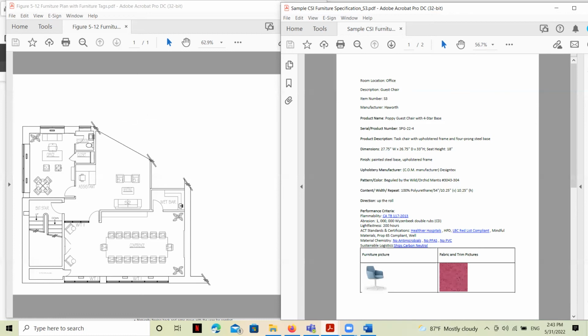So that's the furniture designation here. Now, much more than that information I can't get from this floor plan. The rest I have to populate from the manufacturer's website.